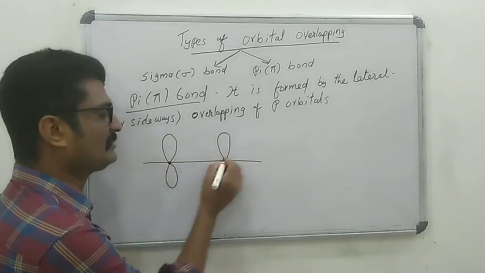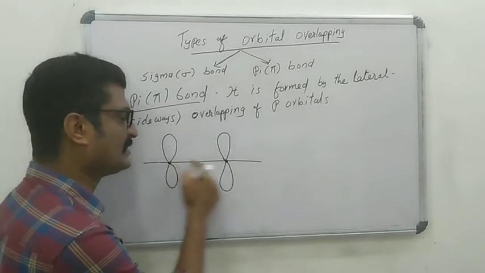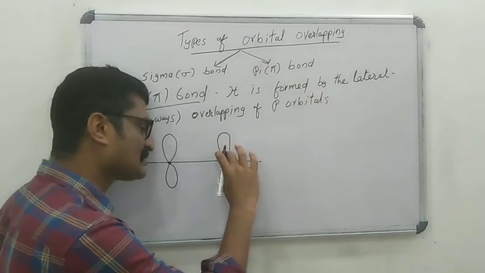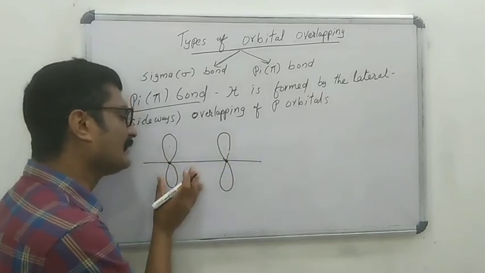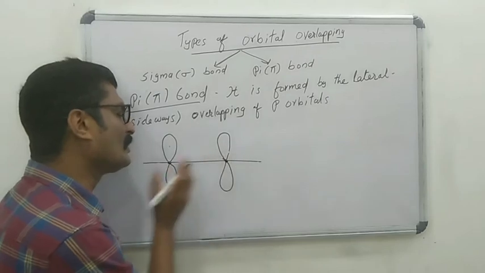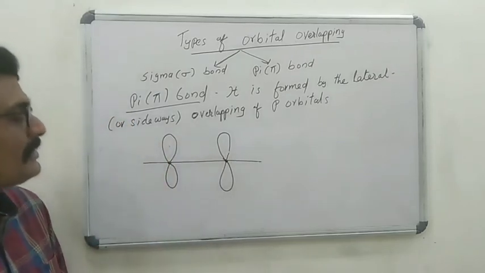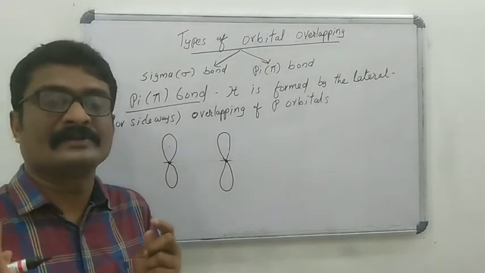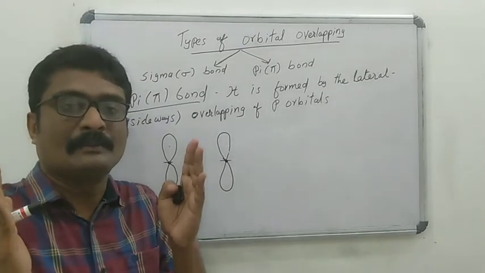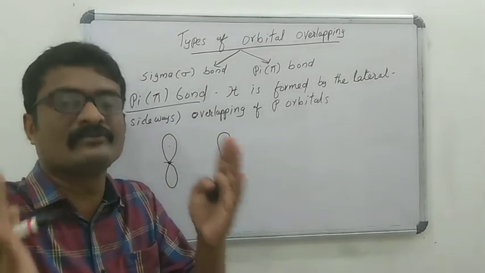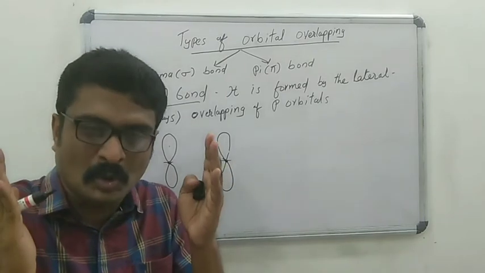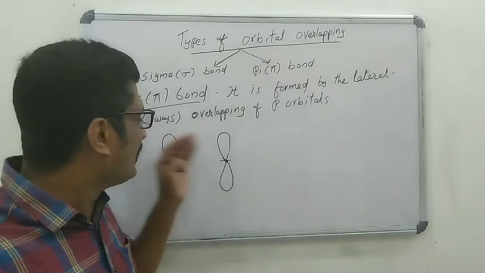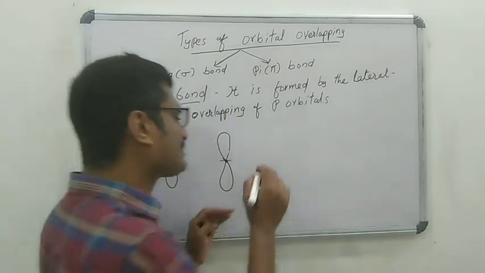Nucleus of one atom, nucleus of another atom. This is the internuclear axis. Then these two p orbitals lie perpendicular to the internuclear axis. When the p orbitals involved in overlapping lie perpendicular to the internuclear axis,